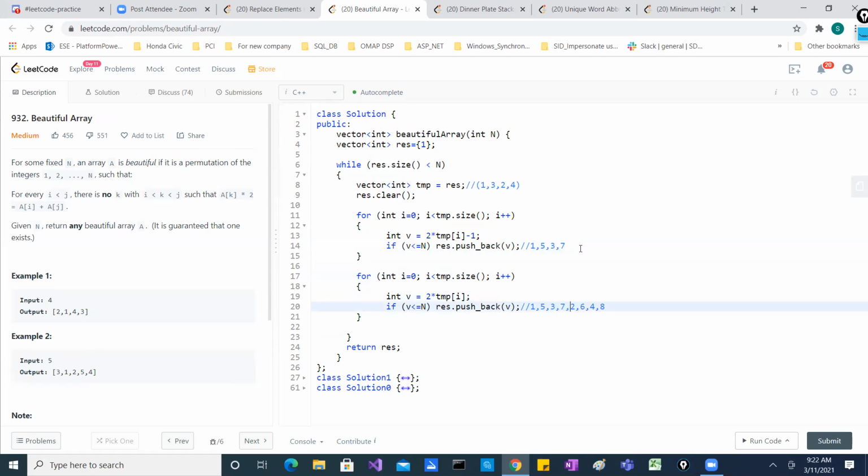Even if I have some of these odd and even values mixed, it should not be a problem. Here it is completely separating all of them. But even if you look at the odd and even values, they are placed in such a way that the difference here is 4.